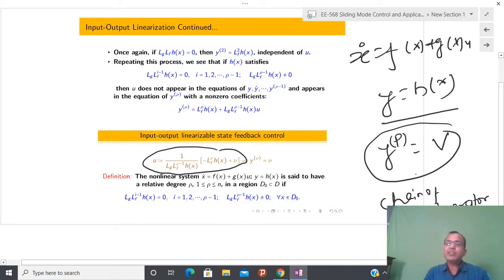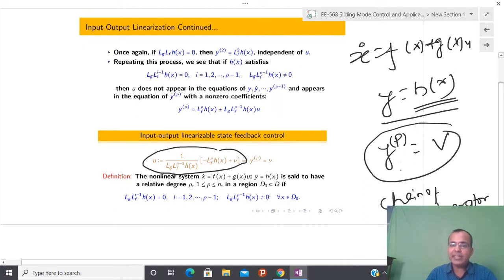Could you please tell me why I have assumed that f(x), g(x) and h(x) are all smooth? Anyone, by seeing this result? Derivative is valid. Otherwise I cannot calculate the multiple derivatives, because you can see that every time I have to calculate multiple derivatives of f(x) also. Every time we calculate one time less, so this kind of thing is automatically involved, and for that reason this particular quantity should be at least n times differentiable.